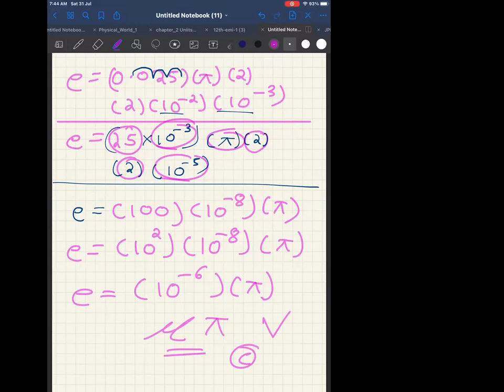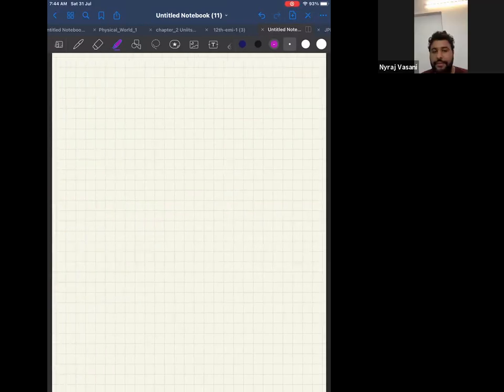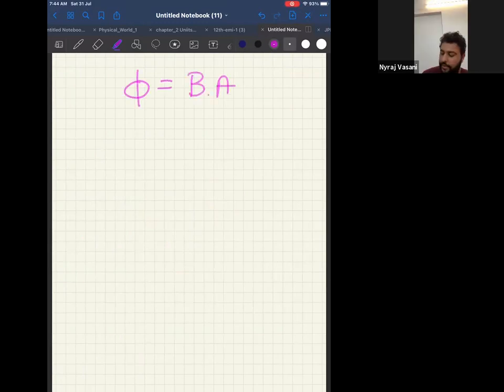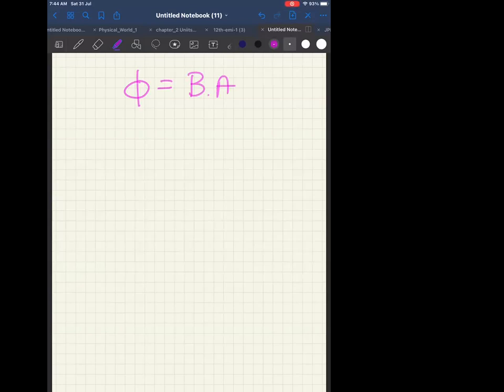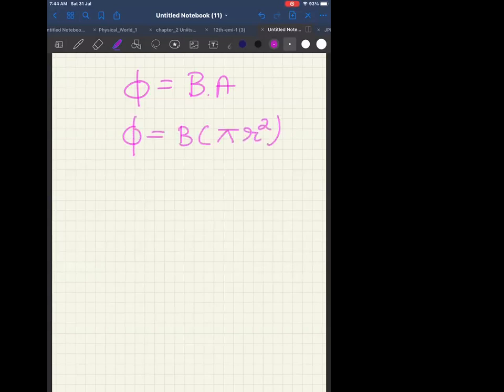Sir, I didn't get the formula actually. Did we derive it yesterday? No, we derived it in 11th standard. So the formula is flux is equal to magnetic field into area. Do you know this formula? Yes. And do you also know that area is pi r square? Yeah. Okay, now if I differentiate both sides,